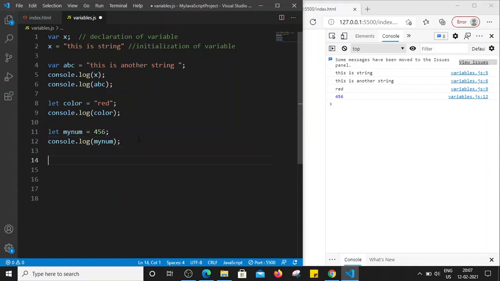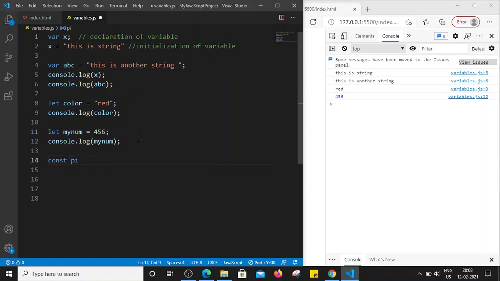Similarly, there is another keyword known as const. So basically const is used to define the constants. Now constants are the values which we know that those are not going to change. So for that we can use the keyword const. So for example, we know the value of pi is going to be 3.14, right? So there is very less probability that the value of pi will change, right? So in our project, sometimes we know that some values are always going to be a constant value. In that case, we can use the const keyword.